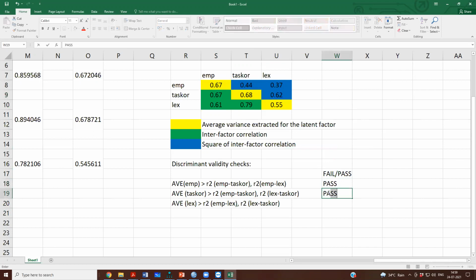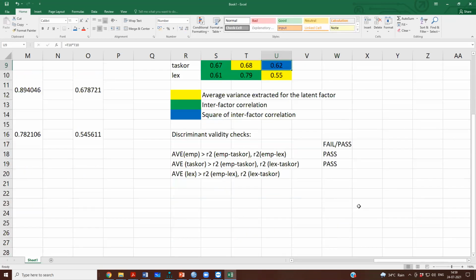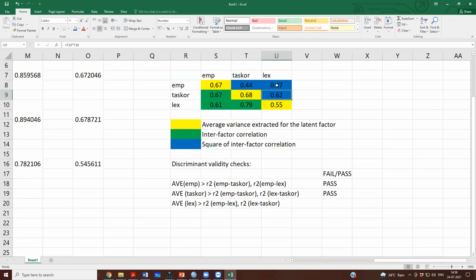So this condition passes. Then the third is AVE of LEX should be greater than R square of EMP with LEX, which is 0.37, and it should also be greater than R square of LEX with task orientation. So 0.55 is greater than 0.37, it is okay, but 0.55 is not greater than 0.62. So this condition now